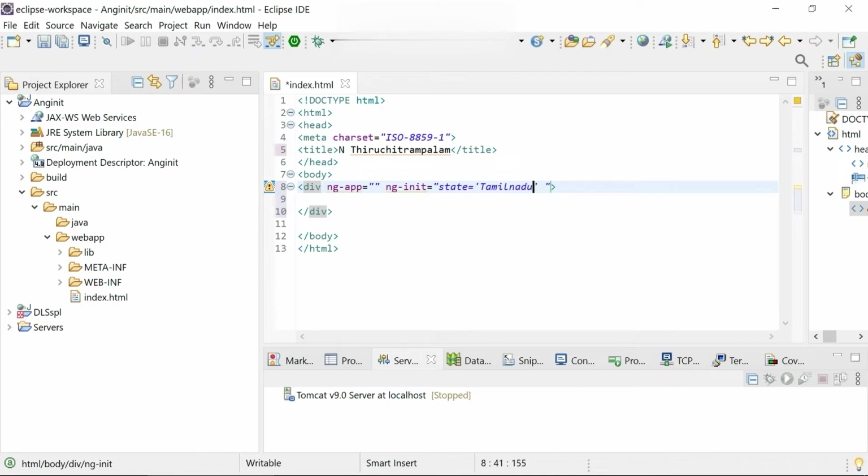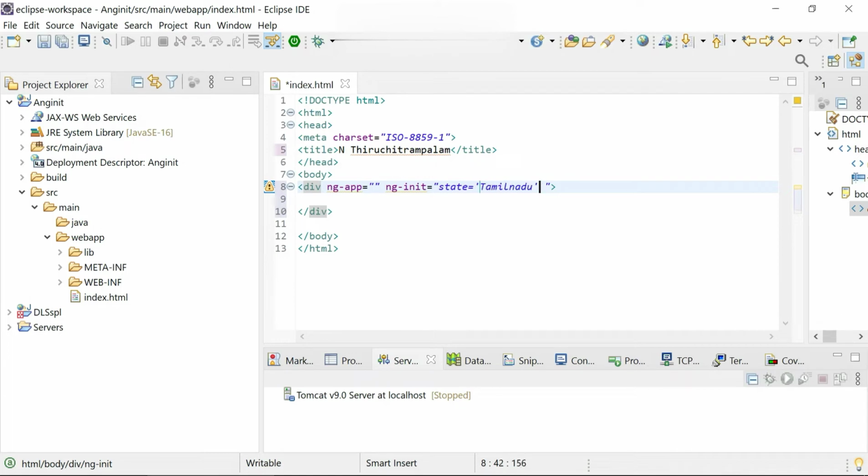You can give any value, whatever value you would like to give. So the property name is state equal, and then within single quotes give the property value. All right, so that's it. We have initialized the property state with the value Tamil Nadu.